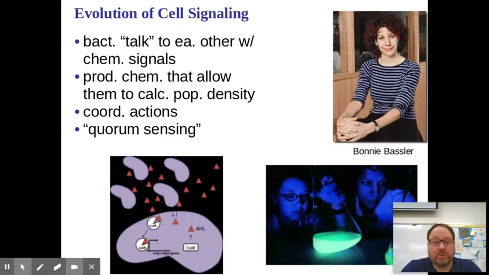Now, this communication between bacteria, again, is referred to as quorum sensing. What bacteria can do is release a chemical out into the environment to detect the presence of other bacteria. They don't turn on the genes, and therefore proteins, associated with a certain behavior until they know their population count is at a certain number. So bacteria can sense the concentration of chemicals secreted by other bacteria, and at a certain point, that switches on genes that produce different proteins that allow bacteria to respond.